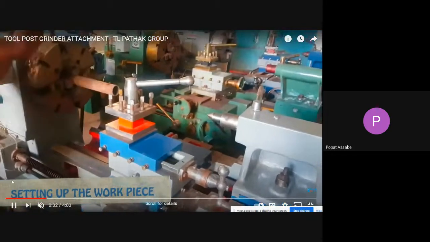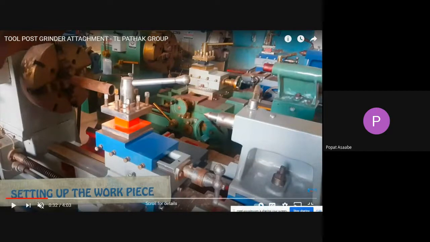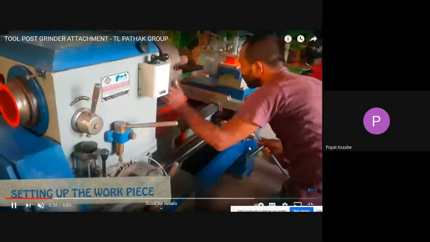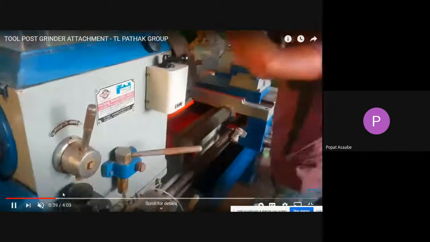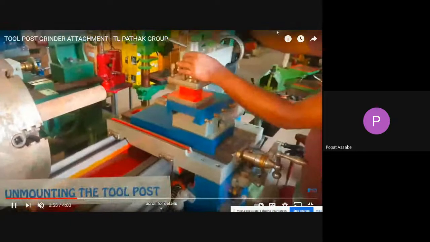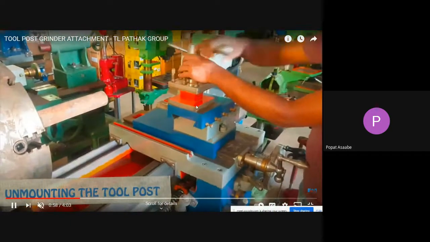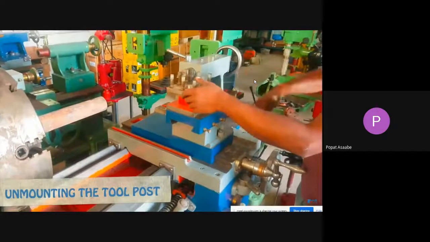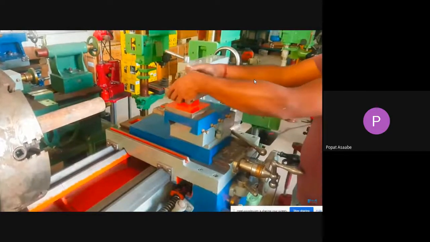See, this is the tool post. First we have to remove this tool post from the lathe machine, and in the place of that tool post we have to mount the grinding attachment.